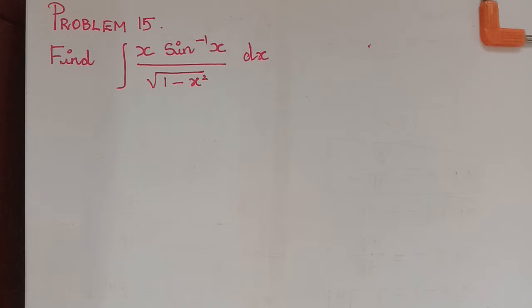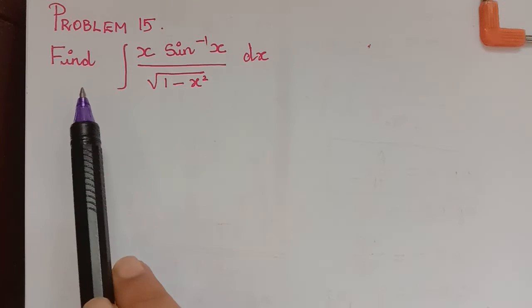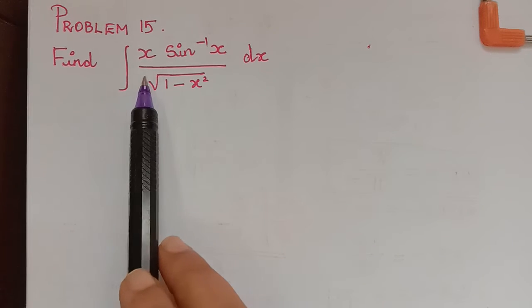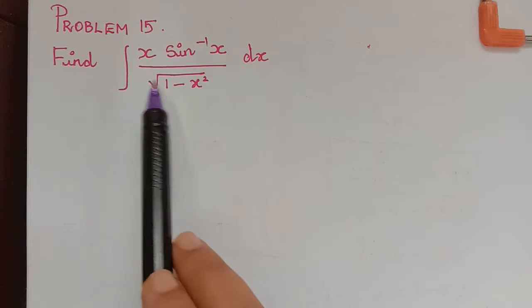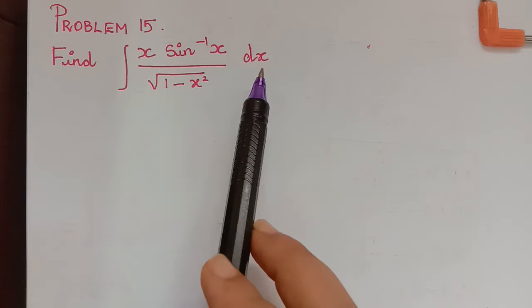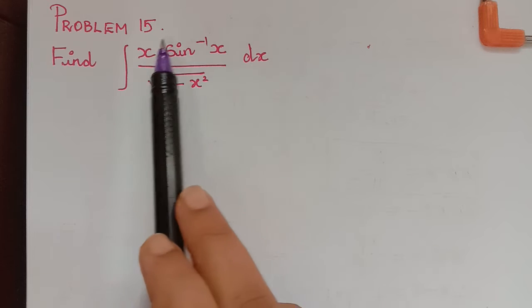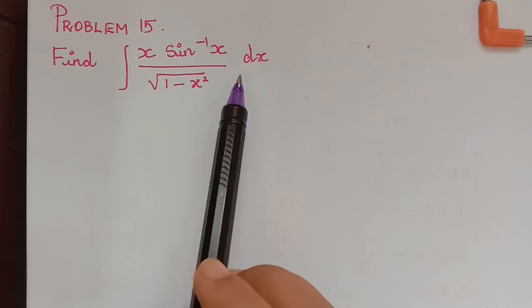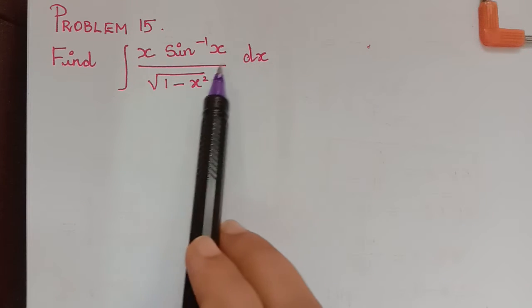Hello students, under the topic integration by parts, here we have the next problem, problem number 15. They are asking us to find the integral of x sine inverse of x divided by square root of 1 minus x square dx. Now we have to first make the choice of u,